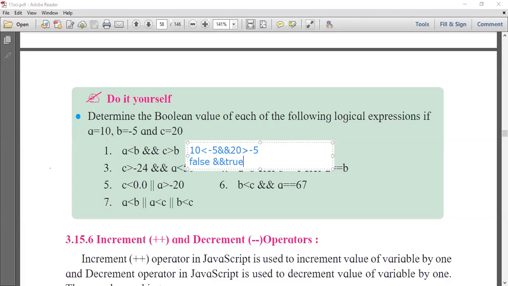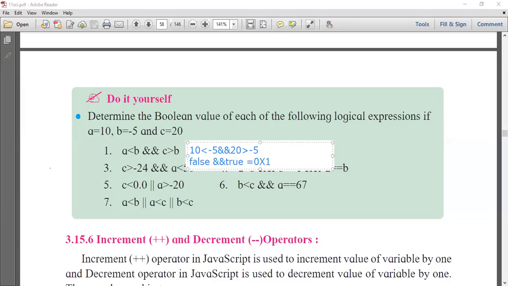False means 0, and means multiplication, true means 1. If we consider false means 0, and means multiplication, and true means 1, then what answer will you get? See what we consider over here: false means 0, and means multiplication, true means 1.